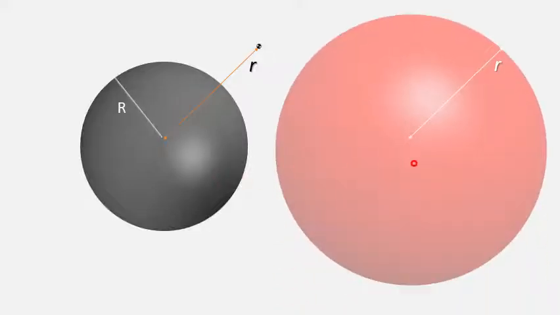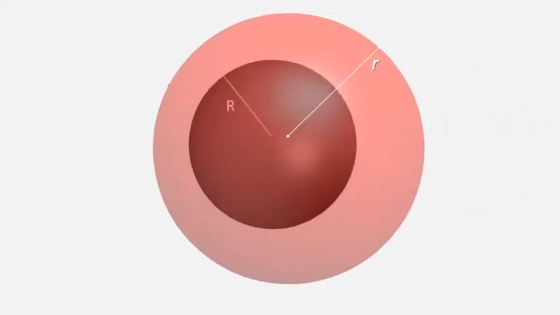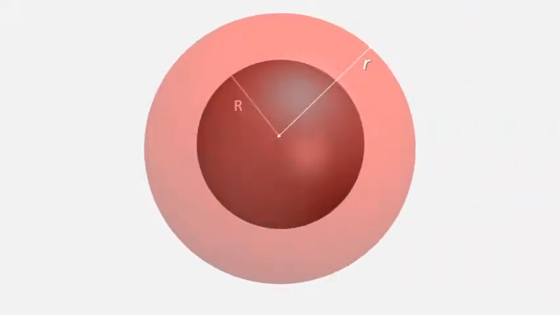So here is another possibility, where we again have the cloud of radius R of spherical shape, and the point where we want to find the electric field is outside the cloud. How far? Let the point be at r distance from the center, and here I want to find the electric field due to this volume charge distribution. Again we'll imagine a Gaussian surface. Again we'll consider a spherical Gaussian surface of radius r, and imagine the Gaussian surface in such a way that its center coincides with the volume charge distribution as shown.